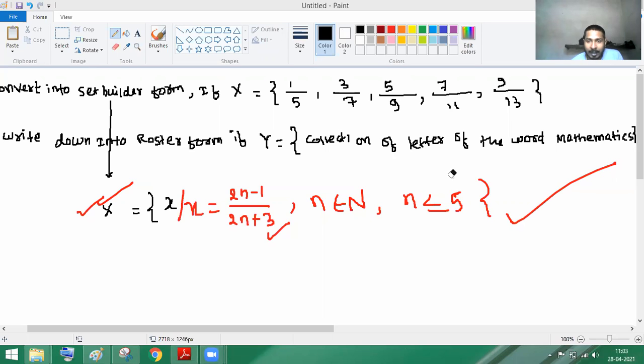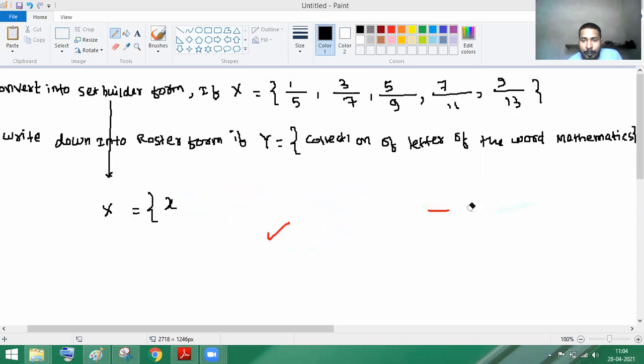Okay, just a second. But make sure, what is the condition in AP? You studied this in 10th standard. The condition in AP is what? The difference must be the same. So here the difference is 2, here 2, here 2. Can we say that this sequence is in AP? Yes. And the numerator is also in AP, the difference is 2. If the difference is constant, we can apply the formula for AP.